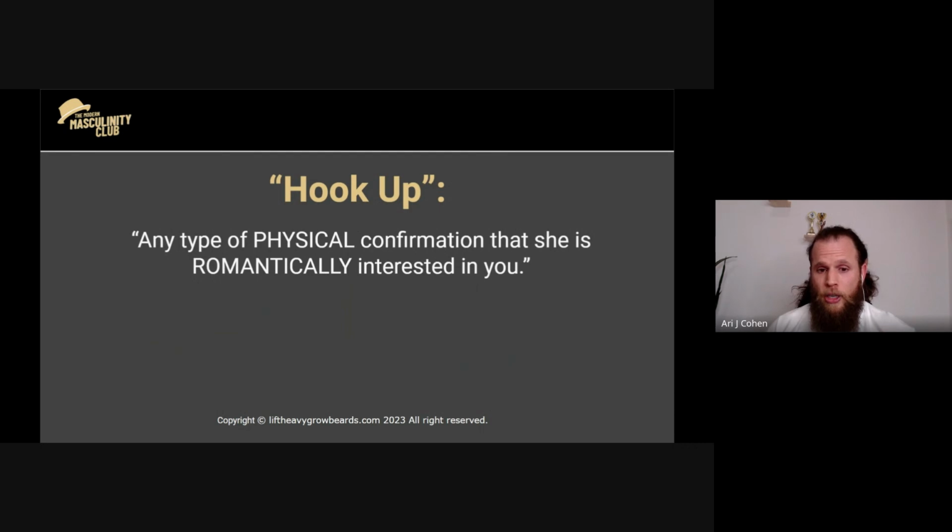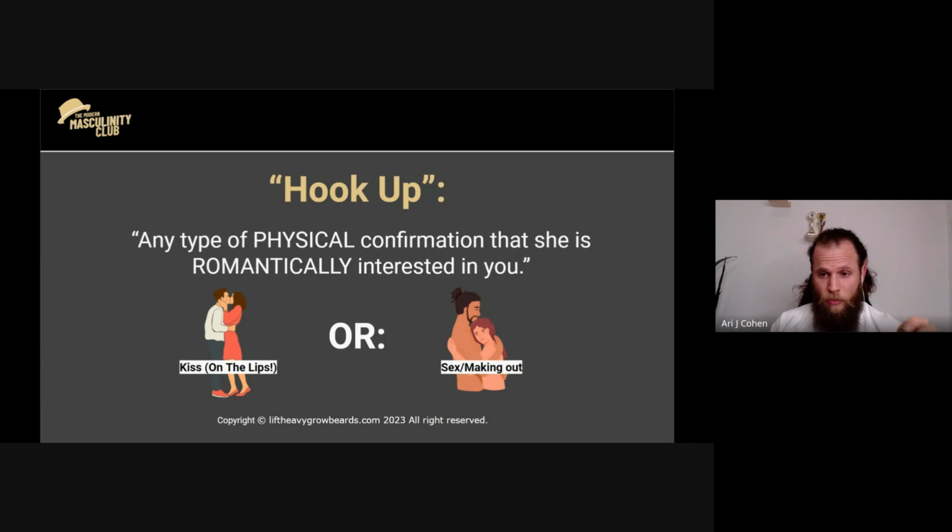This means one of two things: either you kiss her on the lips, not a kiss on the cheek, not on the nose, not on the eyes, a kiss on the lips, or sex or making out. This is what I call hookup. Every date: hang out, have fun, hook up.